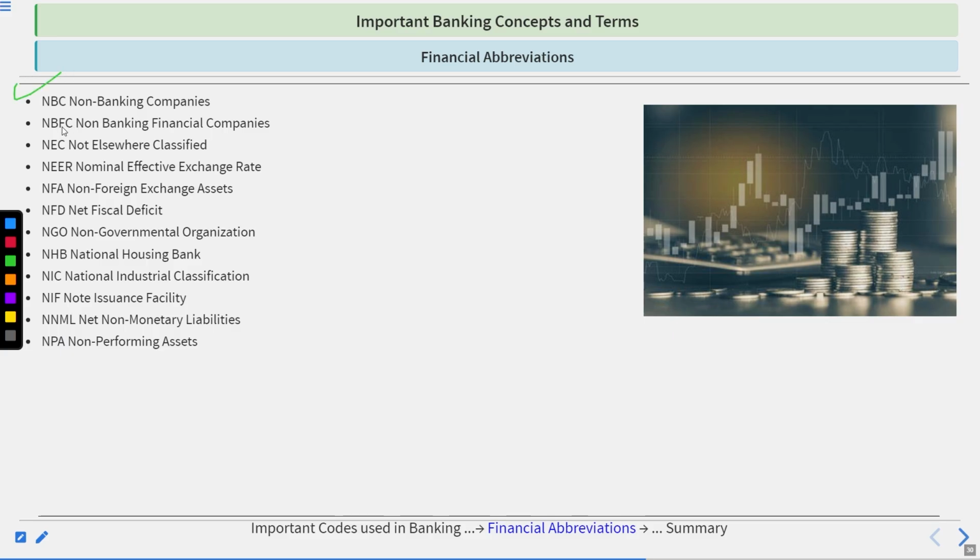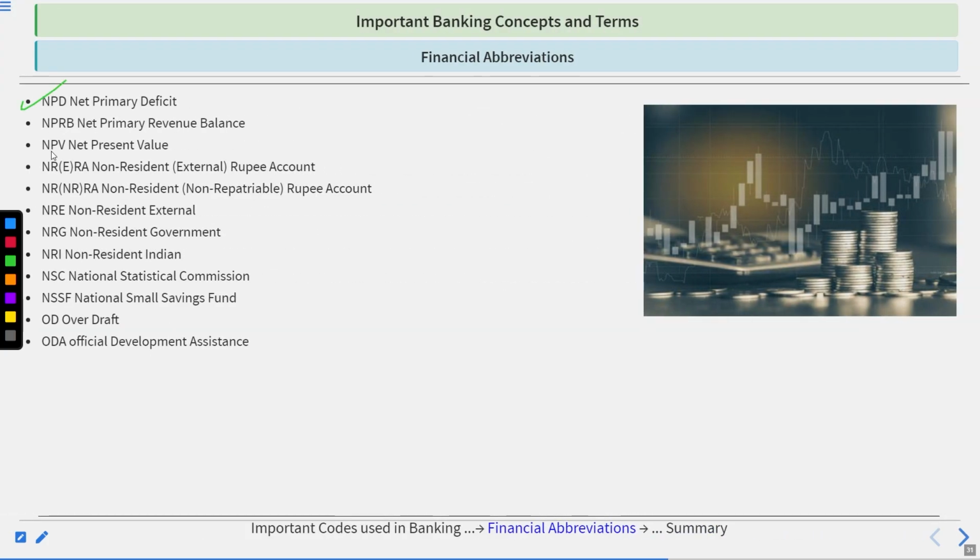Then NBFC non-banking financial companies, NEC not elsewhere classified, NEER nominal effective exchange rate, NFA net foreign assets, NFD net fiscal deficit, NGO non-government organization, NHB National Housing Bank, NIC National Industrial Classification, NIF note issuance facility, NMNL net non-monetary liabilities, NPA non-performing assets, NPD net primary deficit, NPRB net primary revenue balance, NPV net present value, NRERA non-resident external rupee account, NRNR non-resident non-repatriable rupee account, NRE non-resident external, NRG non-resident government, NRI non-resident Indian, NSC National Statistical Commission, NSSF National Small Savings Fund, OD Overdraft, ODA Official Development